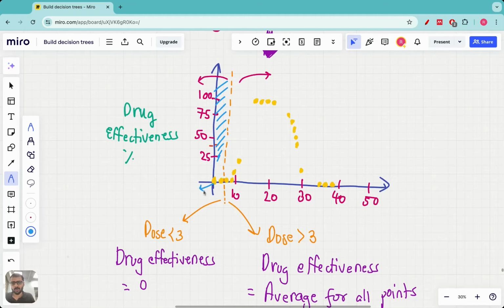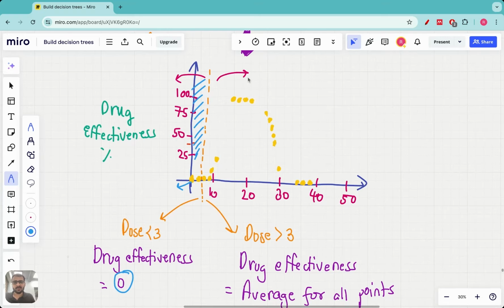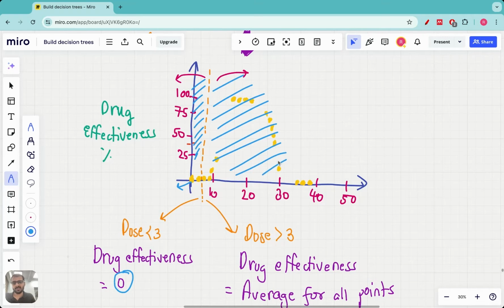So there is only one point whose value is 0. So we are going to say that if dose is less than 3, the drug effectiveness is equal to 0. On the right hand side, there are so many points, which you can see in this blue dashed line. So we are going to say that if dose is greater than 3, which means if we are on the